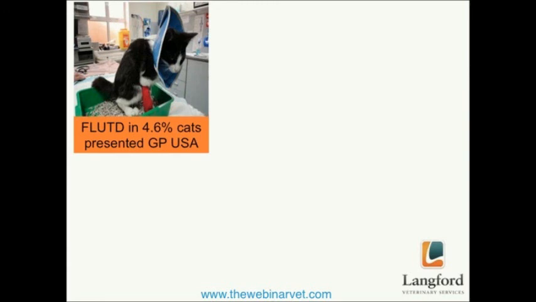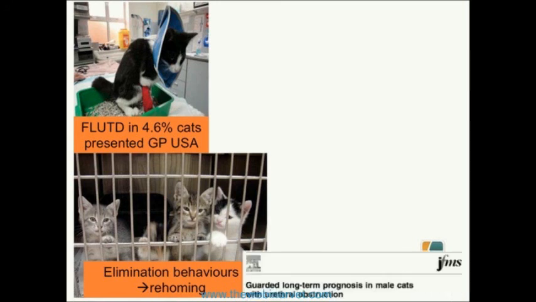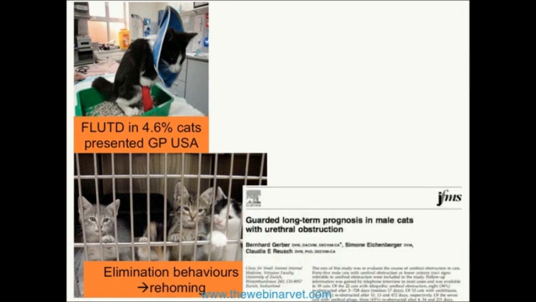What worries me particularly about this spectrum of diseases is the welfare aspects, both on a population basis in terms of the number of cats that we're seeing affected, as well as the individual cases. In terms of the problems associated with FLUTD, we see inappropriate urination, and this really can be very distressing to the owners. Unfortunately, it's a not uncommon reason for cats to be relinquished to shelters, either to be given up or to return to a shelter after rehoming. One of the problems I speak to vets about very commonly is recurrent episodes of cystitis, and particularly male cats affected with recurrent urethral obstruction.